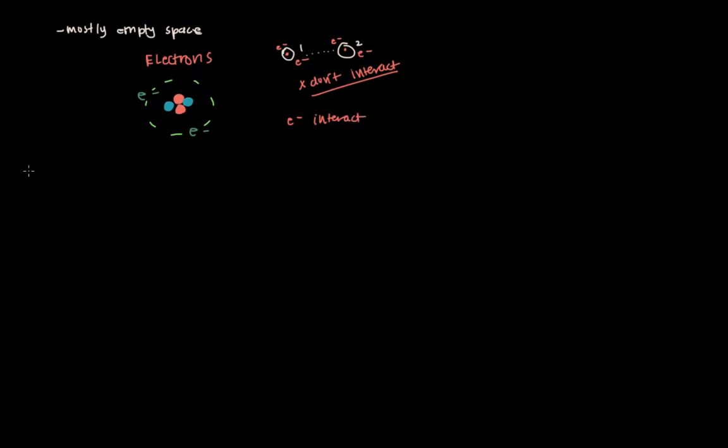And electrons vary in the amount of energy that they have. Energy is basically the capacity to do work, to cause change. So basically, it's like, how much change can I cause